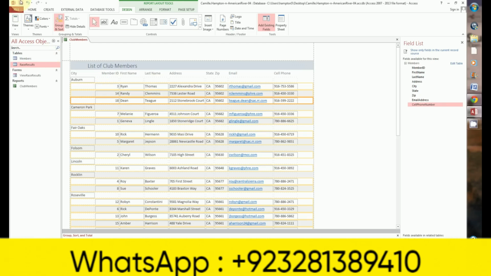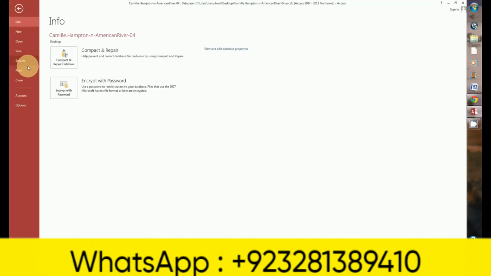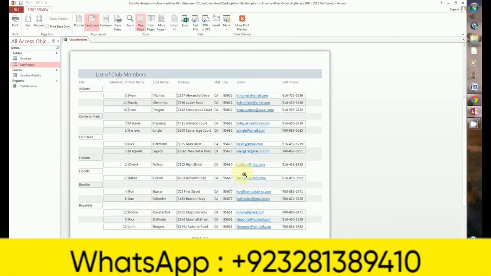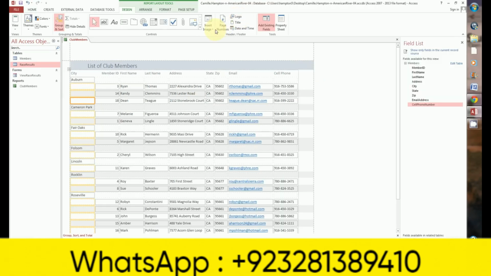Last thing it says to do is to view the report in print preview. So go to the File tab, go down to where it says Print, and then Print Preview. It should look like the picture in your instructions. And then you can close it, and you are done. So you can go ahead and make sure if you didn't